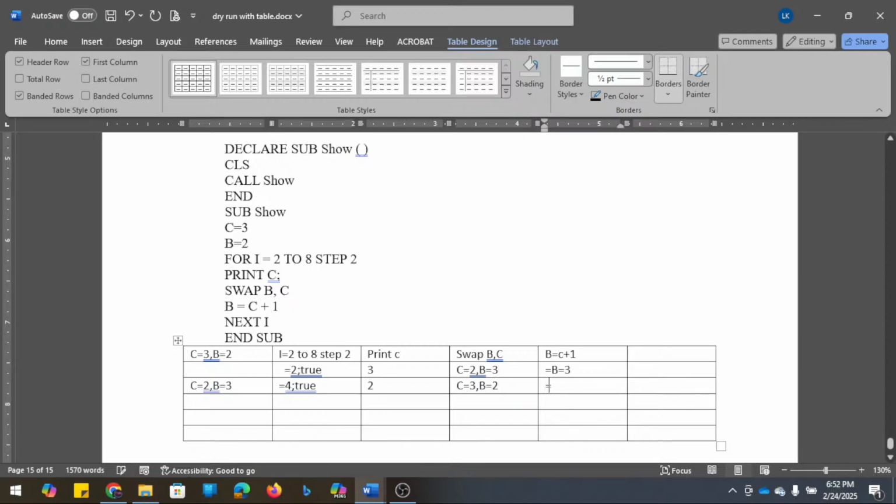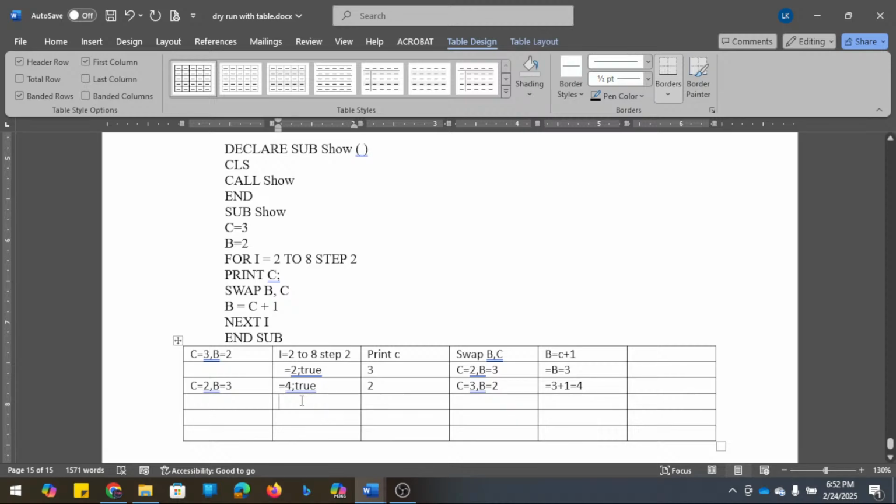Now what is the value of B? C is 3, 3 plus 1 equals 4. So that was the second iteration.